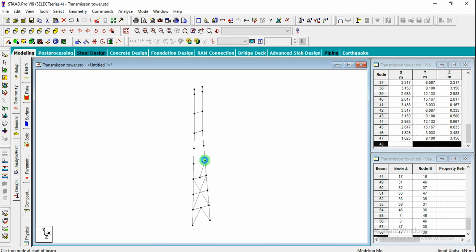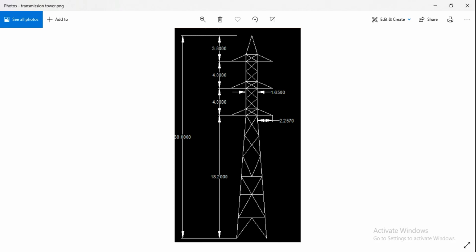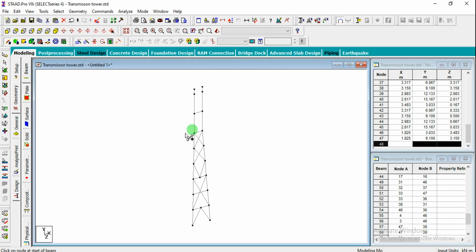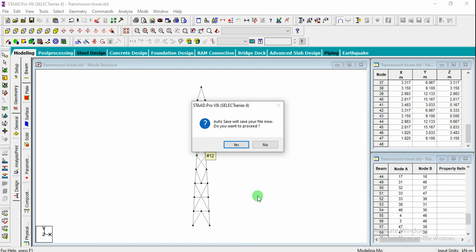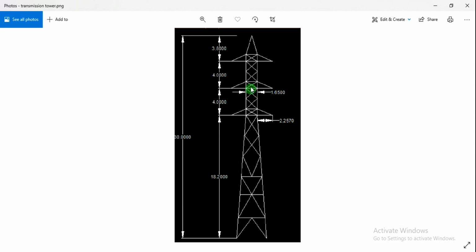So first one, second one, and similarly first one, I mean you can continue from here instead of going upward. Just go in an order, 1 and 2 again. So this can be mirrored actually, or else we can simply draw the inclined members by selecting the nodes over there. So we got this member also, and next we need to give all the members here. So here let us translate, repeat them to 1 meter again. So just going for the node cursor, let us select the whole structure and keep this in front view. Here this has to be repeated for 1 meter, and similarly the above step is also to be repeated at 1 meter, these 2 steps.